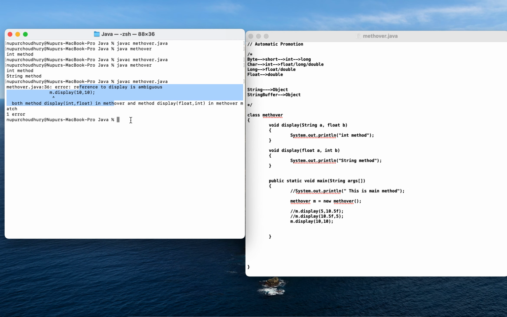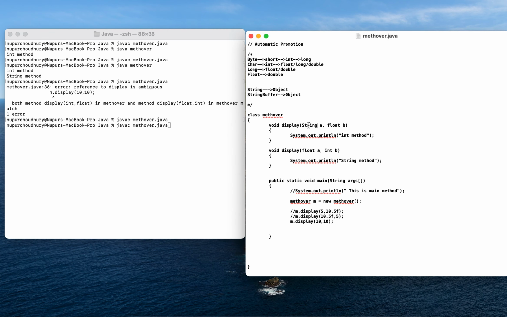So let us see whether I am able to get it or not. I have changed this particular data type to string, okay, change this one to string. So if I am trying to do this, let me run this once more. Okay, so see, the next method now gets printed, right? Because both this particular data types are capable of holding the integer values, so hence this particular method would be